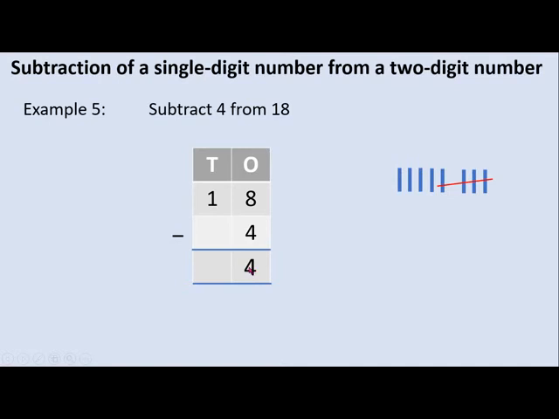4. And coming to tens column, we have 1 here and no digit is given here, it's a single digit number. So here you may treat this place as 0, that is 1 plus 0 is 1. Therefore 18 minus 4 is equal to 14. Or the other way of saying this is, when you subtract 4 from 18, you will get 14 as difference. So like this, you may use vertical lines to find sum or difference.